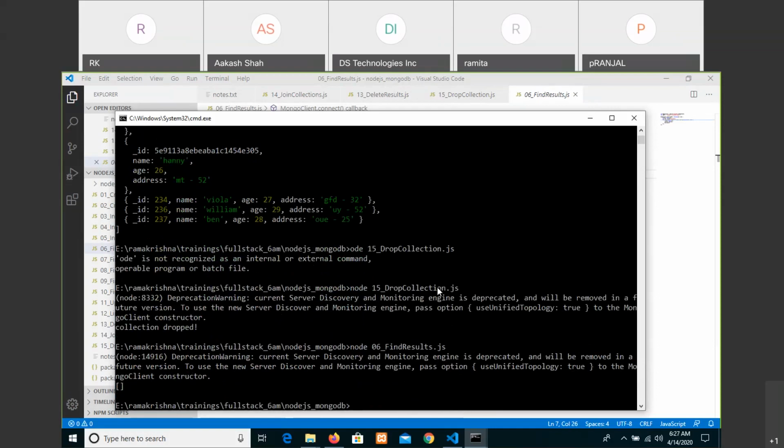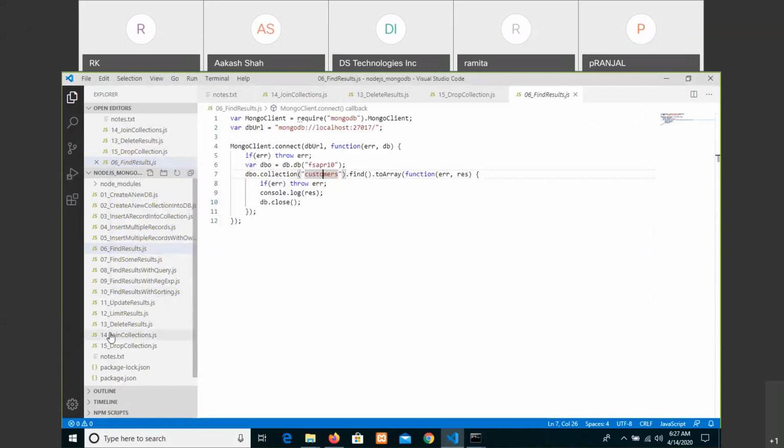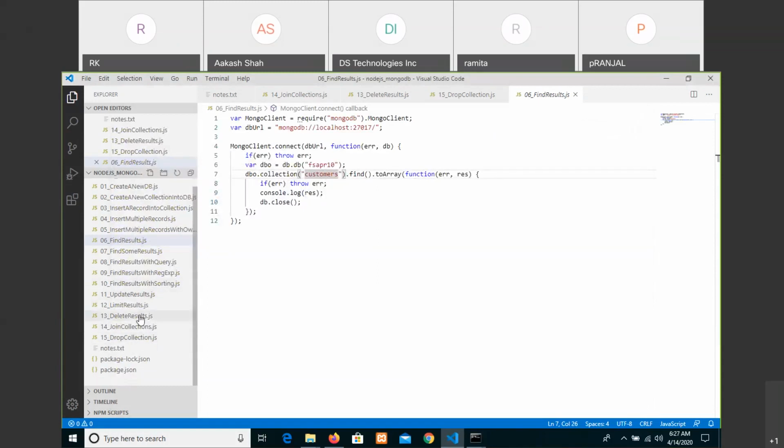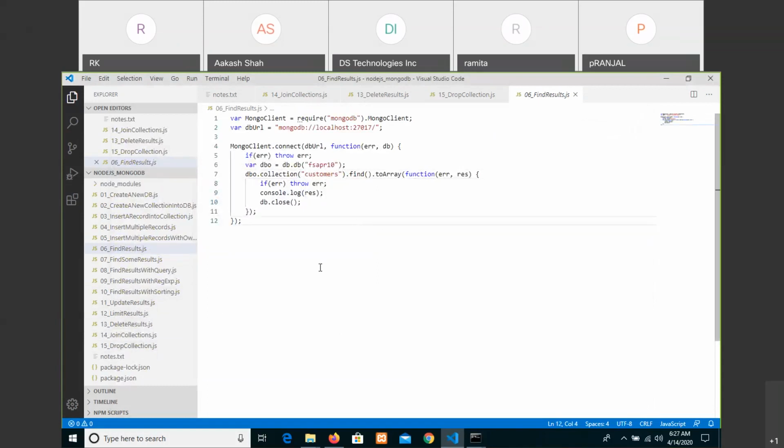So this is how you can do operations of data manipulation: results, updating, deleting, limiting, sorting, all these things. With this, when we enter into either Angular or React or both, we can ask the user to enter the details from that form. You will be taking the data from the client, pushing the data into the database, and getting the results again to the front end. This is how we can create it.